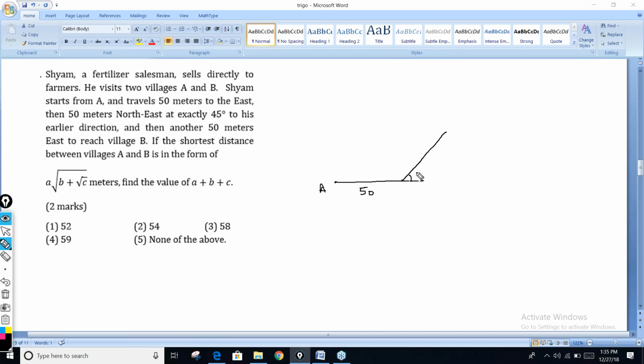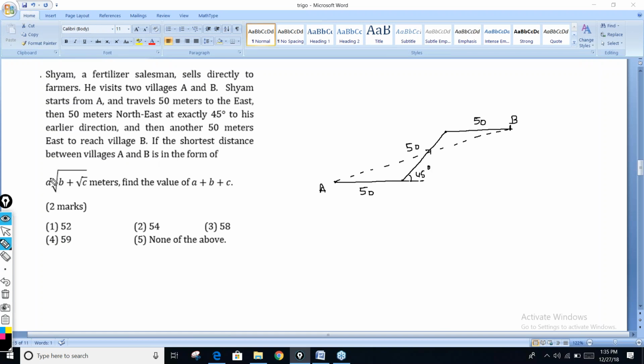So now he is traveling at 45 degrees to his initial direction, that is the northeast direction, and he travels 50 meter again. And after reaching this point, he again travels for 50 meter and reaches town B. That is the question. The shortest distance between villages A and B, if I join these 2 points, that is called the shortest distance,